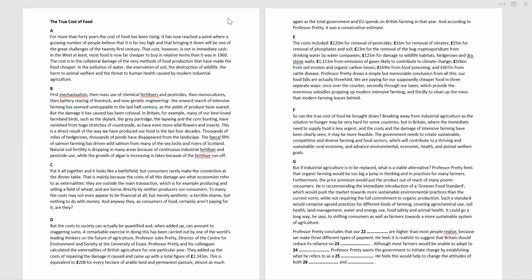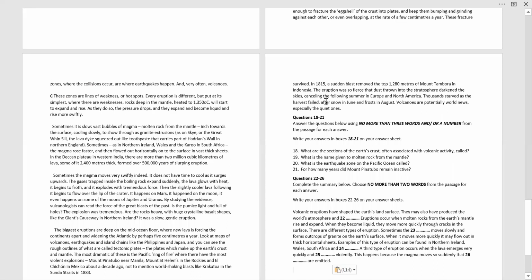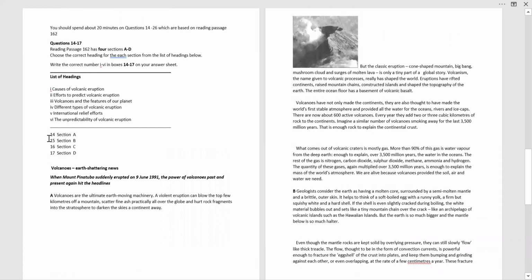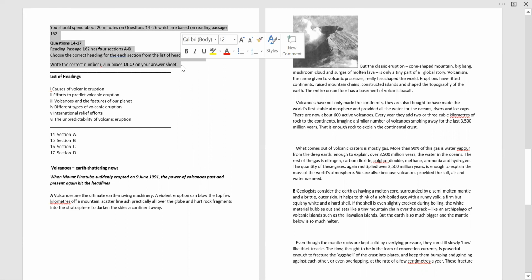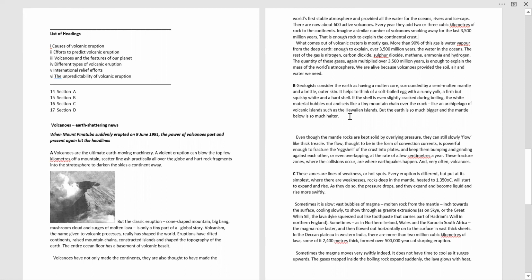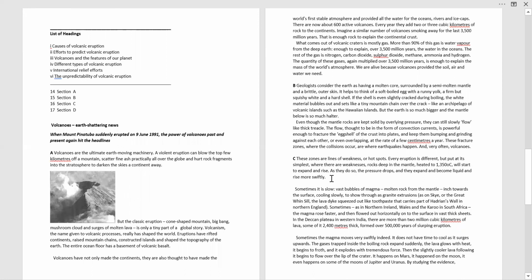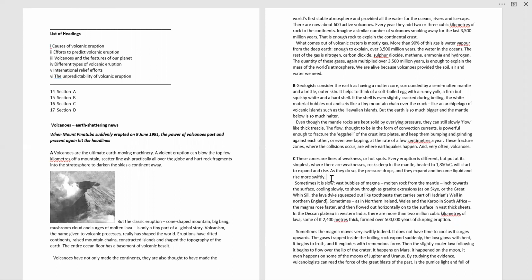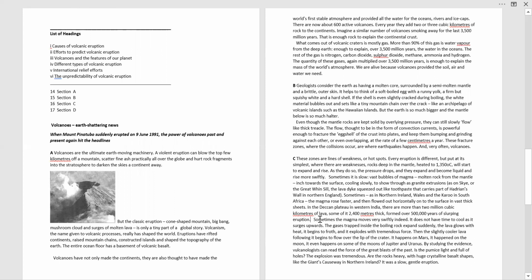All right, there we go. Here we have to find the headings for the passages. This one is the toughest one. We got a list of headings A, B, C, D. Section A, B is there, right? C is here. D, I'll just bring it up. If we have to give a heading to these paragraphs, what will be the possible heading from the options given, the list of headings.